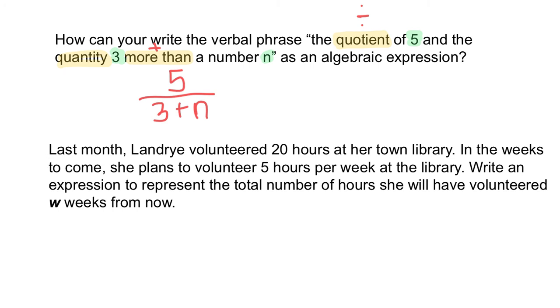All right, next. Last month, Landry volunteered 20 hours at her town library. In the weeks to come, she plans to volunteer 5 hours per week at the library. Write an expression to represent the total number of hours she will have volunteered W weeks from now. So now we have some story problems, but we still want to kind of treat this the same way. So we're going to go through and find our numbers. 20 hours, 5 hours a week. Go find some of those words that help me know what to do. 5 hours per week. Per is one of those words. We want a total